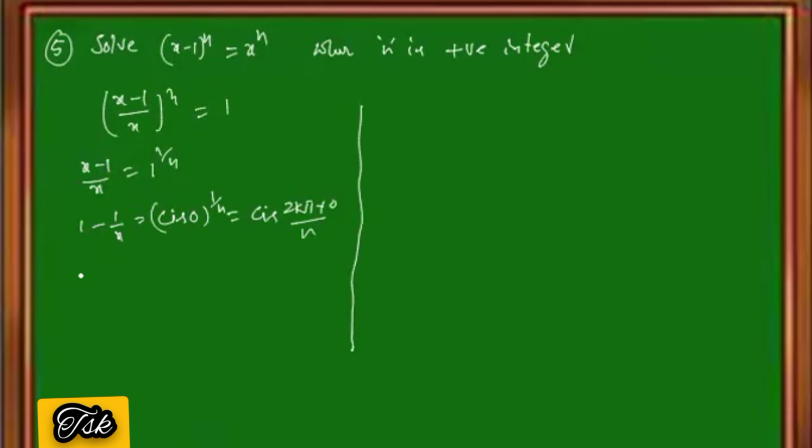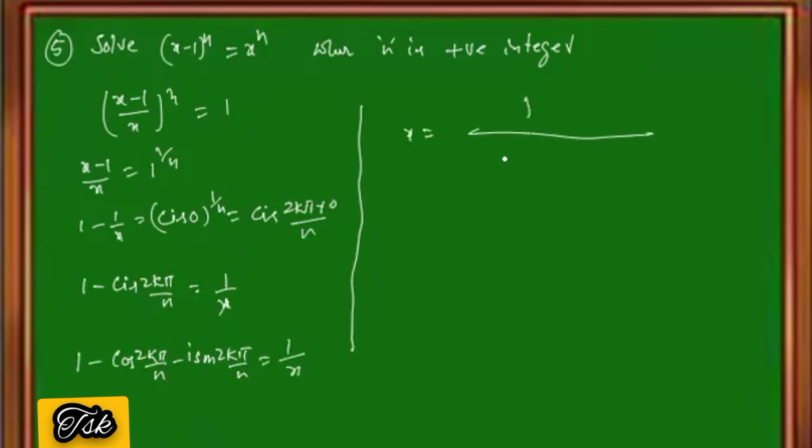This can be written as 1 minus cis 2k pi by n is equal to 1 by x, where k is equal to 0 to n minus 1. I'll write it at the end. Okay, so there is 1 by x. So x can be written as 1 minus cos 2k pi by n, minus i sin 2k pi by n is equal to 1 by x. Isn't it? This can be written as x is equal to 1 by